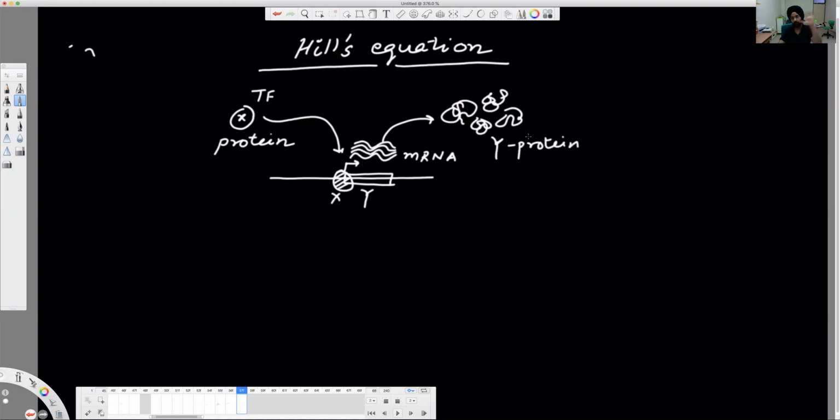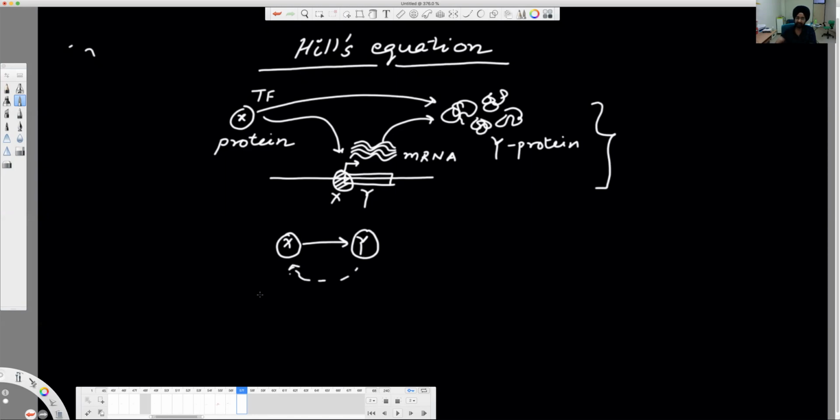So at the outlook, what is happening? You have an X protein which is upregulating, so there is an arrow there, the Y protein, right? If we don't get into the details, what actually is happening is that this protein is simply upregulating the Y protein. So more X would mean more Y, right? If X is not sufficient, then Y will not be transcribed. So you need a certain critical concentration of X to activate Y. Now, what is that concentration? How is Y dependent on X?